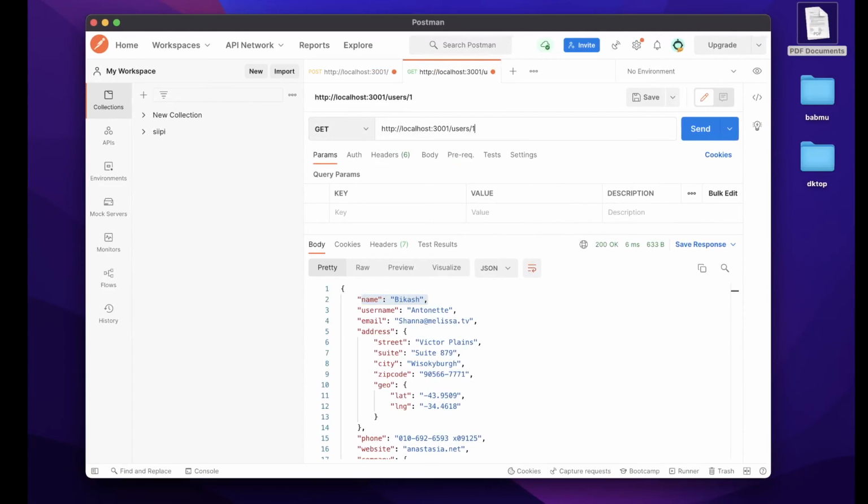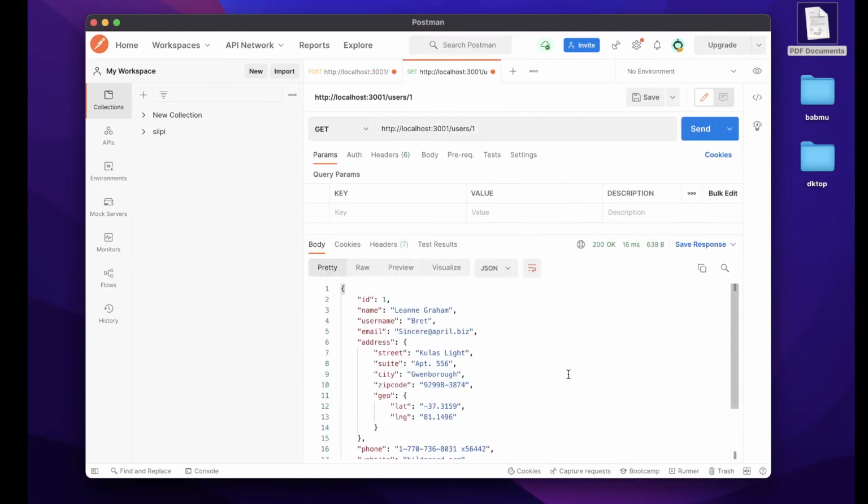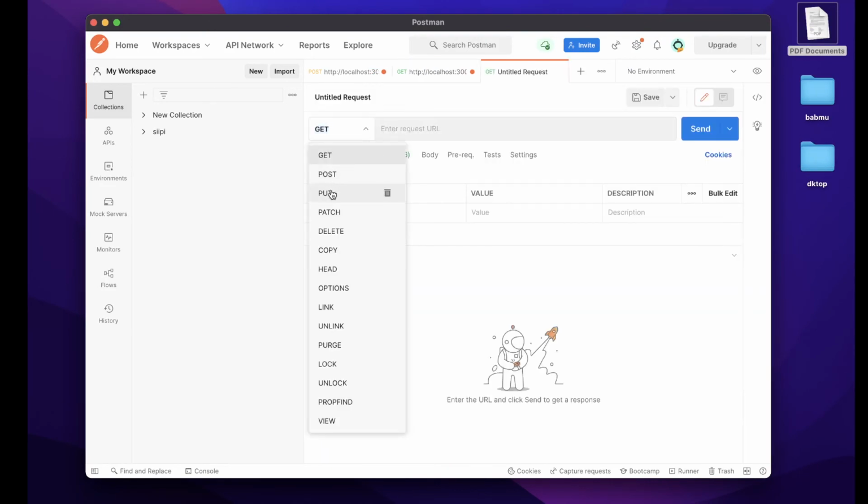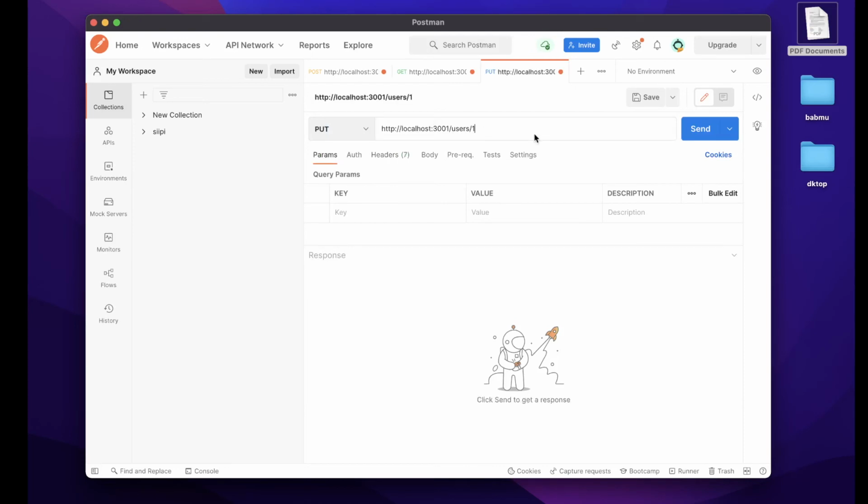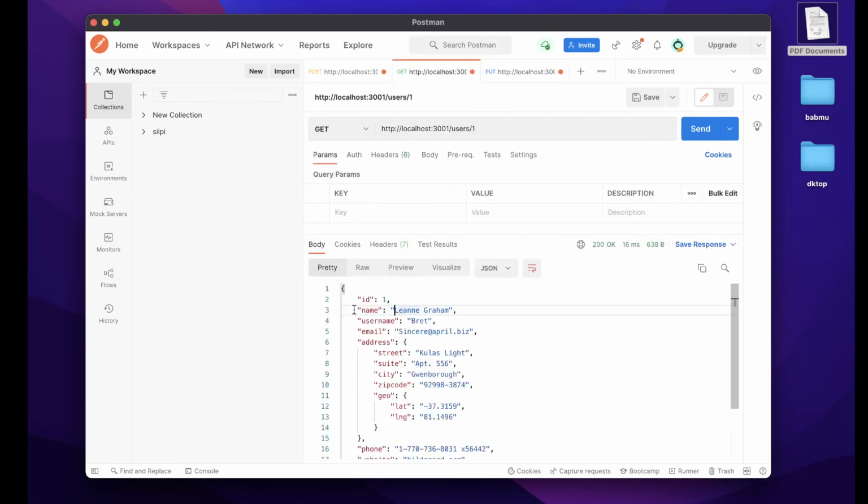So first, let's go and get our user one. Initially user one has this name, so let's create a new route, and that is the update route. We have the same thing, we are also using users, and we are also passing the ID of that user. However, in the body we go to raw, we have JSON here, and let's just copy this,